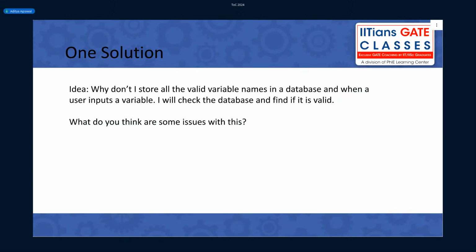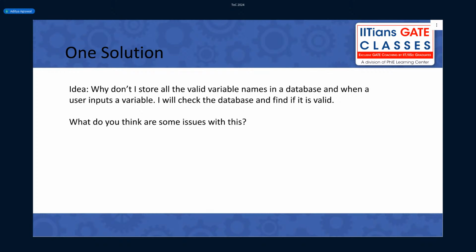Okay, so I was talking about the problem and now some solutions. Let's say one solution you find out is, let me store all the valid variable names in a database. And when the user has declared a variable with a variable name, I will check the database and find if it is valid.